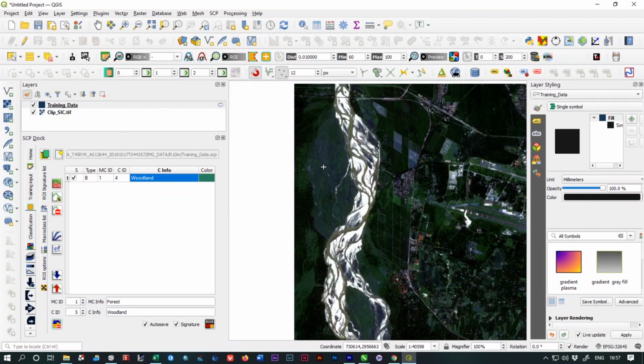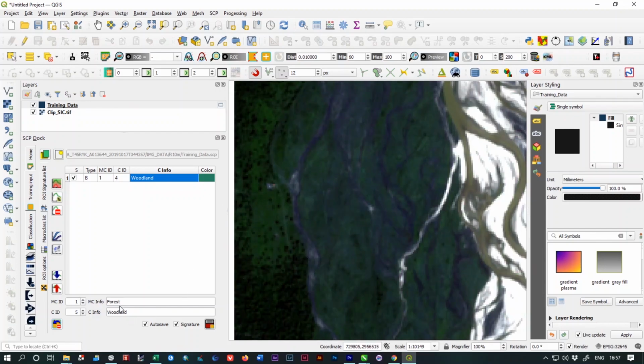Okay, this is like grassland, so under the forest main class, or you can say macro class, we are going to add a new class which is grassland, and select the desired location, and make sure you select grassland only, don't select any extra area.